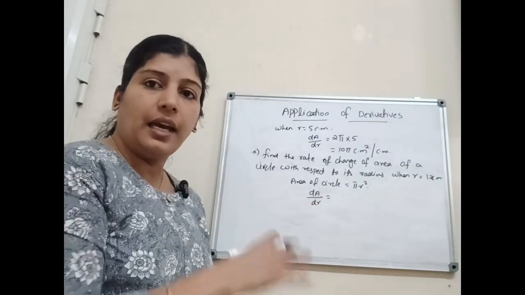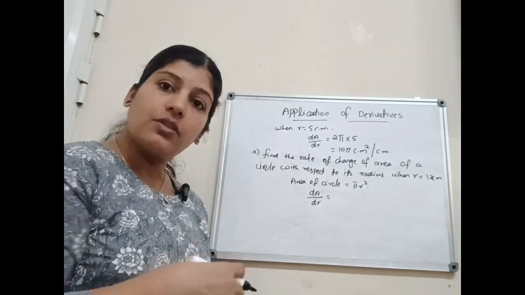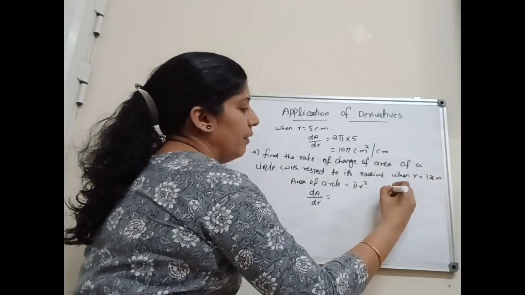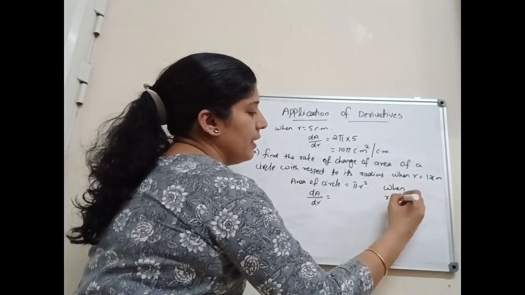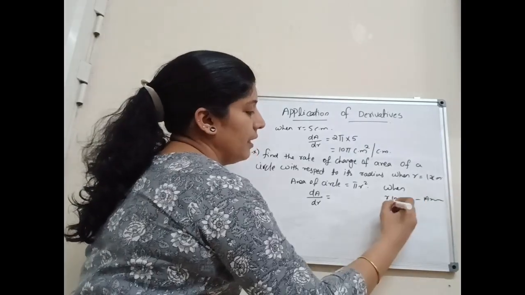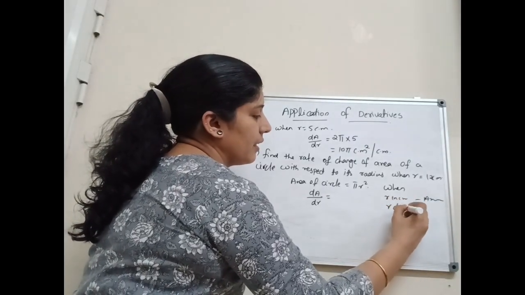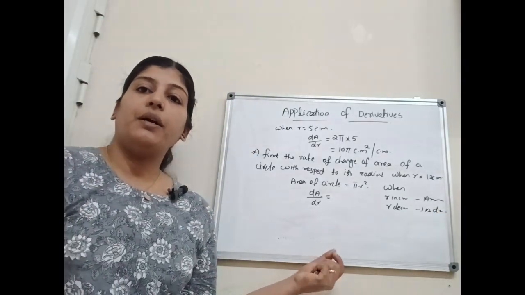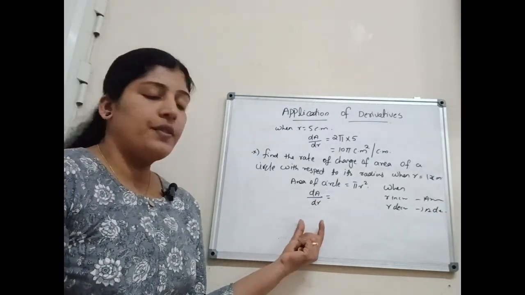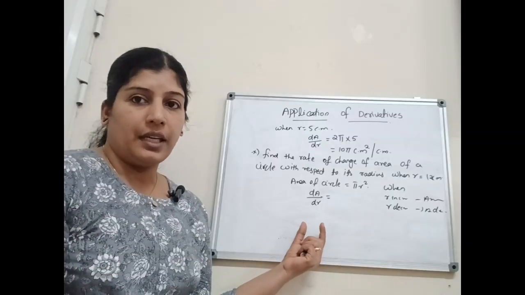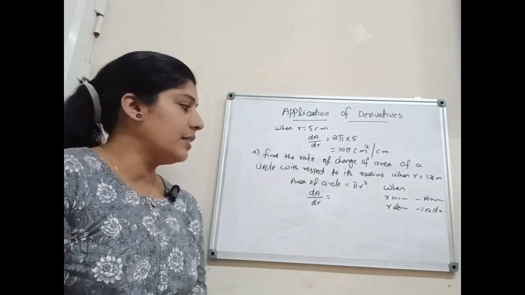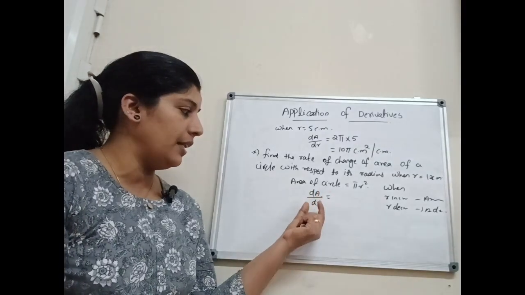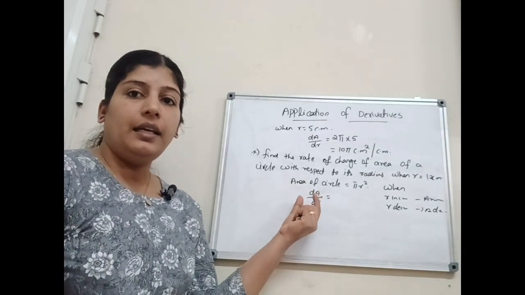When radius increasing, area is also increasing. When radius decreasing, area is also decreasing, like that. That is, it has a relation. That means here the area is defined by using radius. Therefore, rate of change of area depends upon the rate of change of radius also. That is, here we have to consider dA by dr. That is, the rate of change of area is defined by using dA by dr.